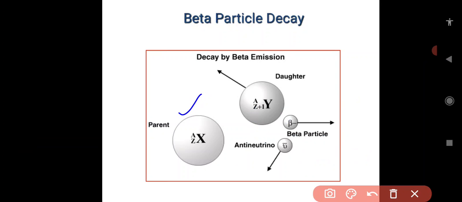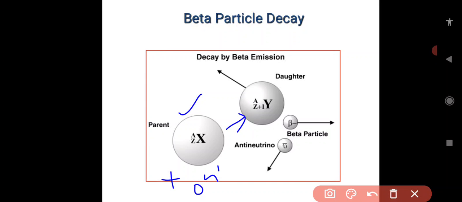Consider any radioactive nuclide, for example uranium, plutonium, neptunium. Any nucleus undergoes interaction with neutrons through bombardment and forms a daughter nuclide, which undergoes decay by beta emission,